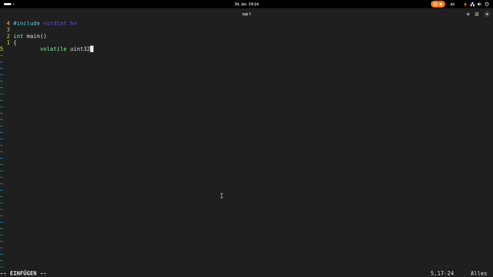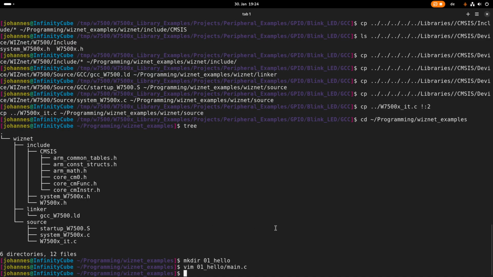And in this main function, I will create an unsigned 32-bit integer. I will call it i, I will set it to 0, and in an endless loop I will increment i. And here I will return 0. So a very simple main function. Okay, now my last goal is, and then I will end this video, to compile this main.c file into an